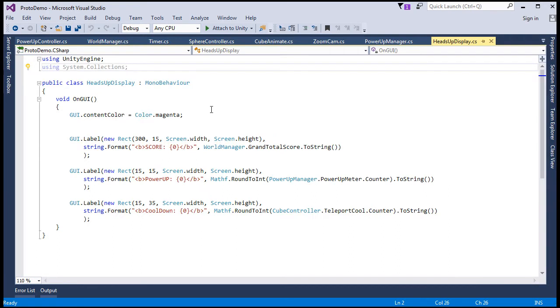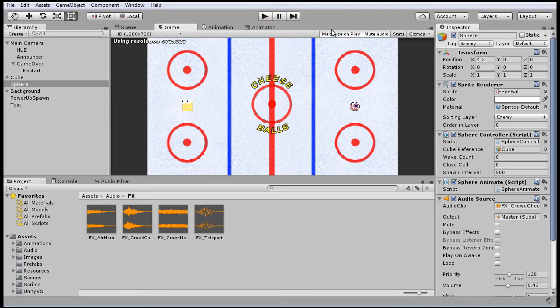Now what we'll want to do is we'll want the font to scale when the screen size is smaller. This will really only affect how our game looks in the editor, right? But you may have been noticing that the fonts stay the same size regardless of whether or not you're playing the game in the editor scaled down, in other words, not maximized on play, and the fonts stay the same when you are maximized on play. So to make sure that the fonts scale, and to show you how to do that,